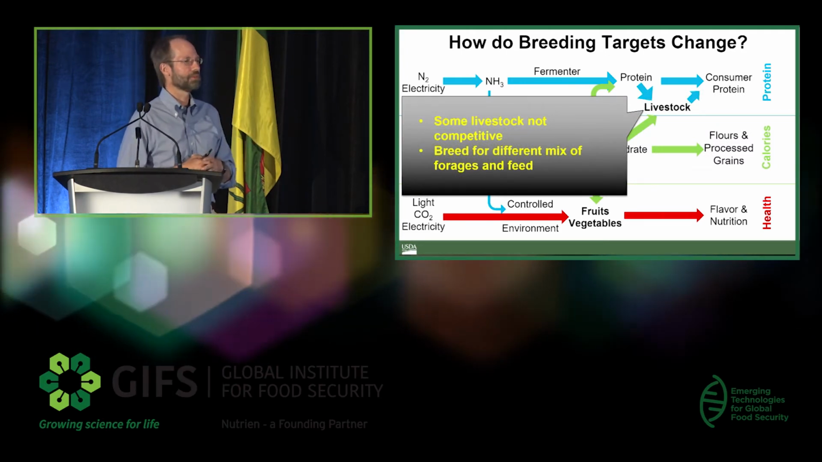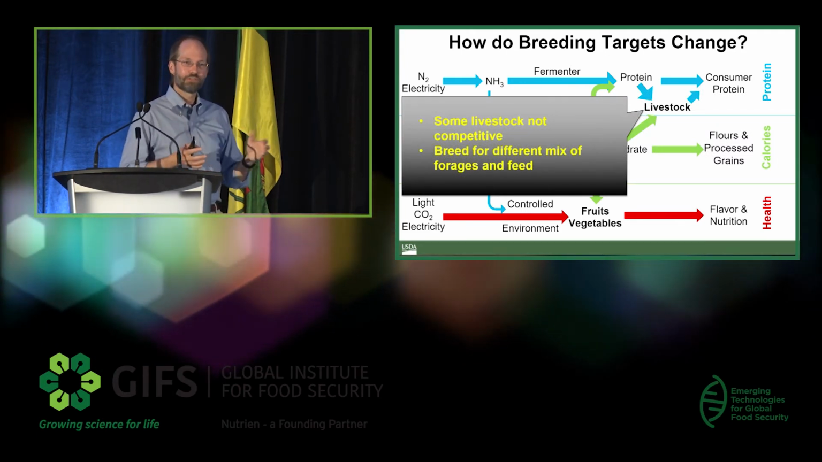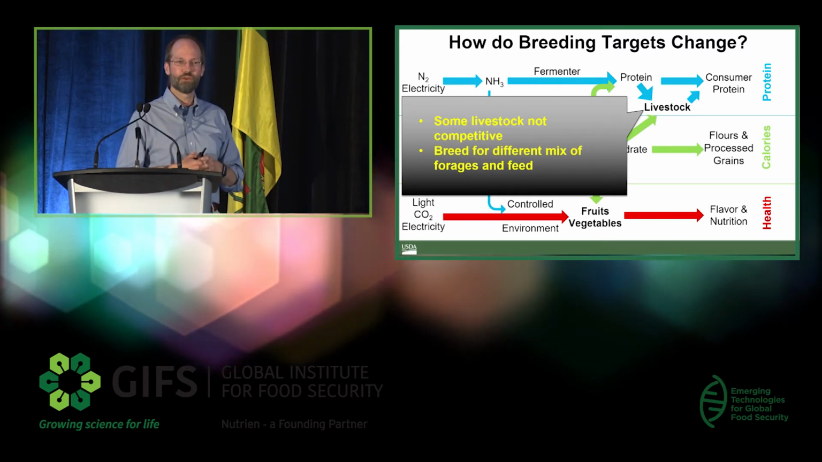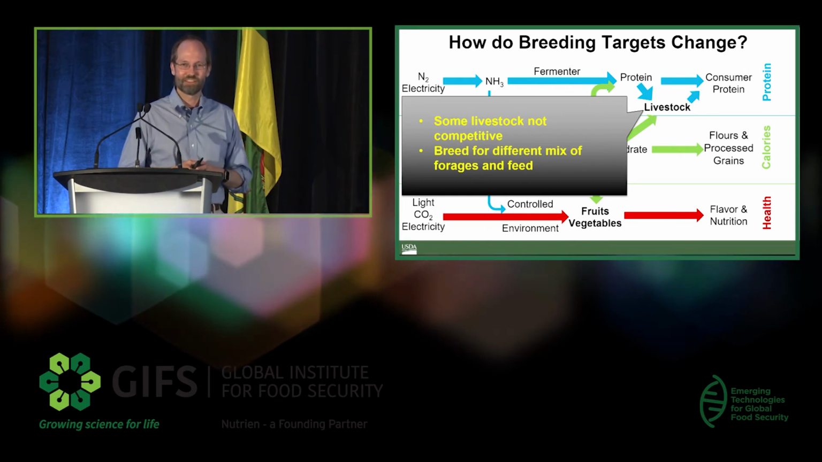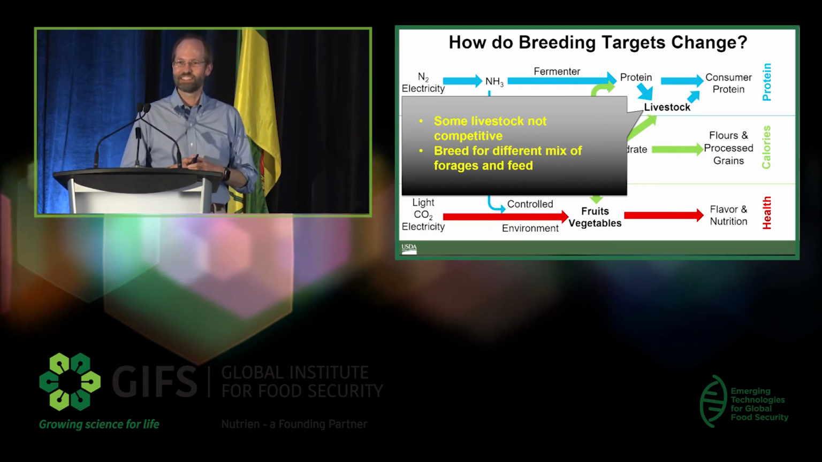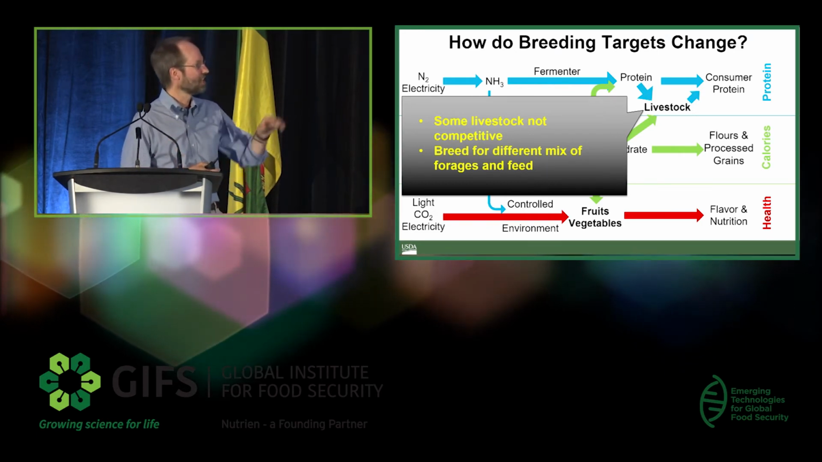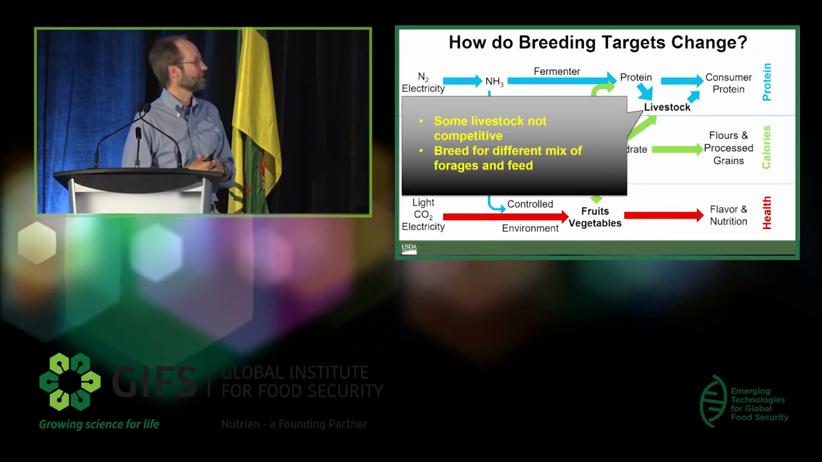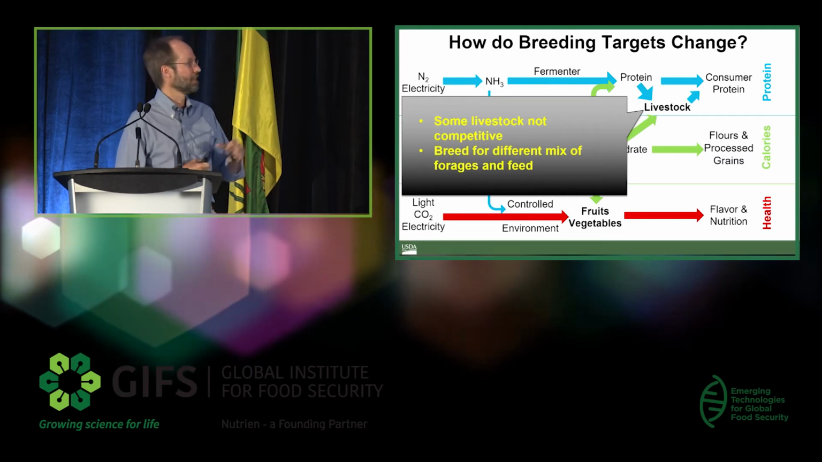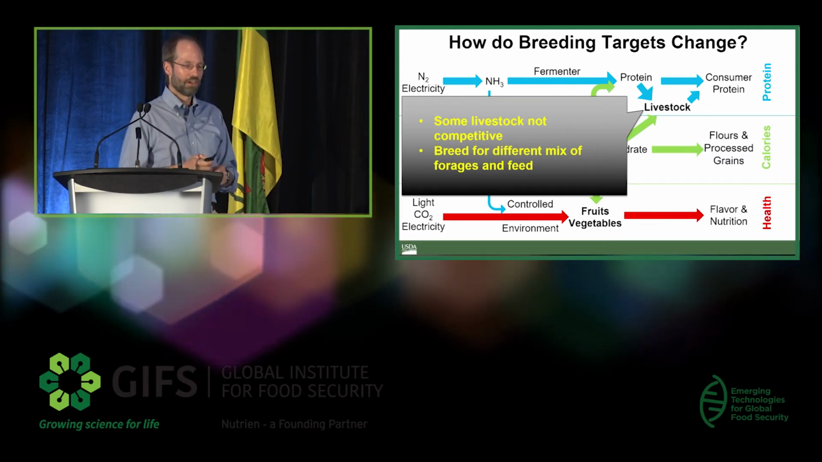Some livestock obviously would not be competitive, but 3/4 of our agricultural land is still forage and grazing land. So cows are still going to be out there. We need something to still go collect things. But you'd be then breeding cattle to work with a different mix of forages and feed. In terms of